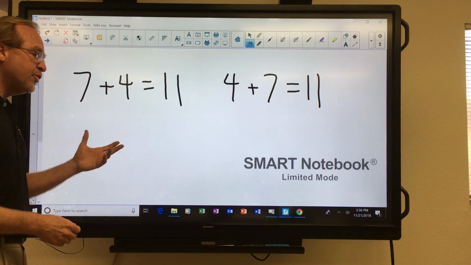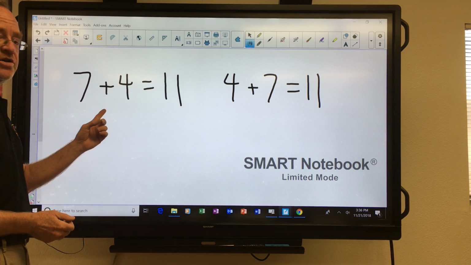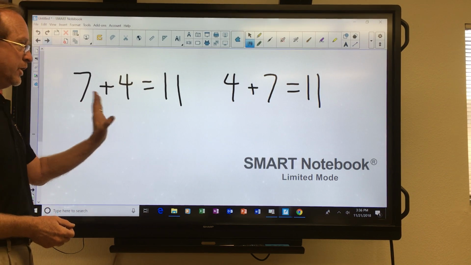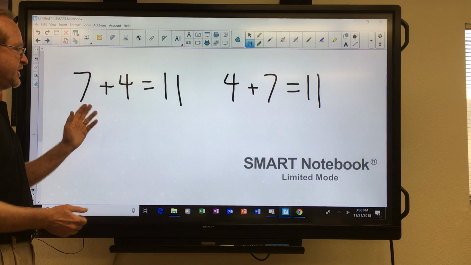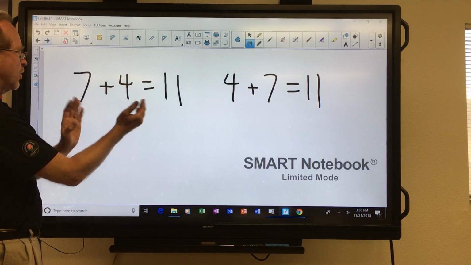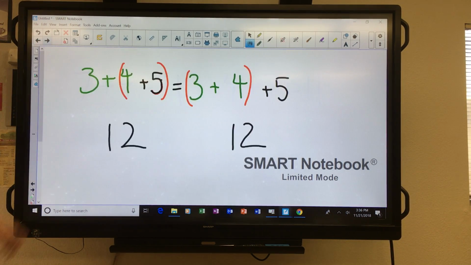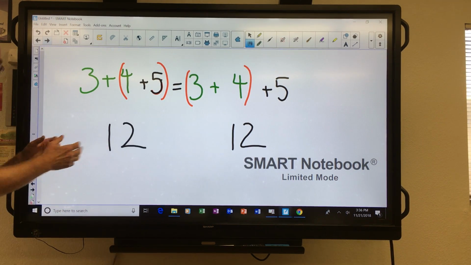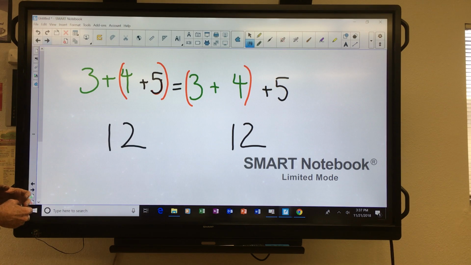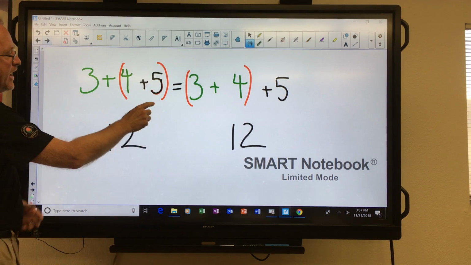Now, that's not true for everything. For example, in subtraction, if you do this differently, whoa, we're going to come up with a way different answer. But for addition, it doesn't matter what order the addends are in. Next, we can kind of take that, and from there,